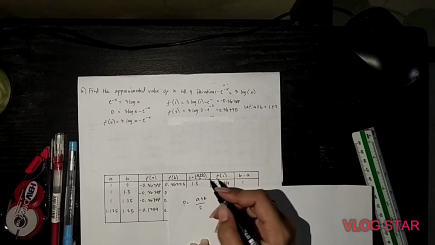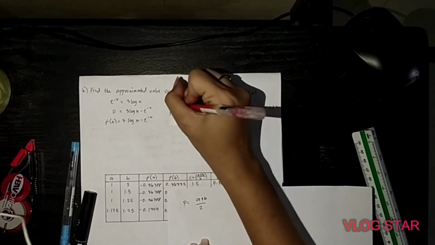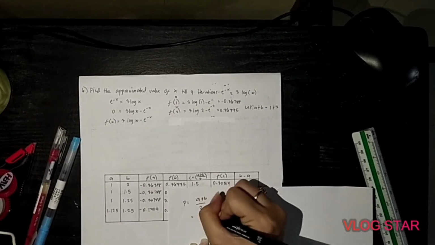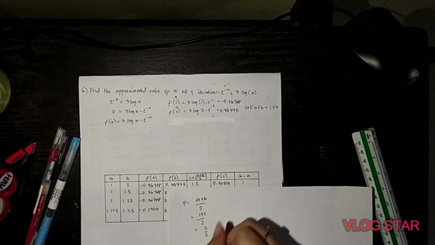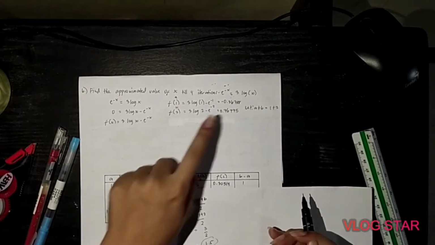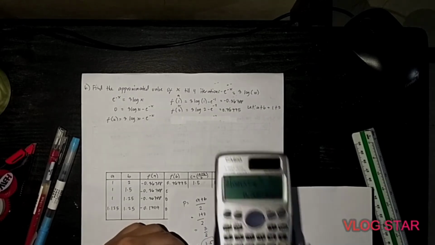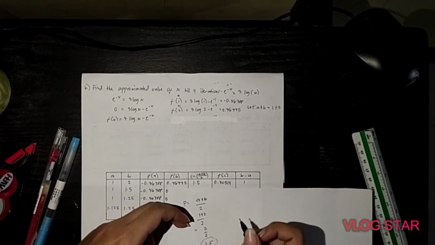The value of a here will be 1, and this will become the b, the 2. So if we add 1 plus 2 over 2, this will become 3 over 2, or 1.5. And if we substitute this 1.5 to the function, f of p, you're going to get